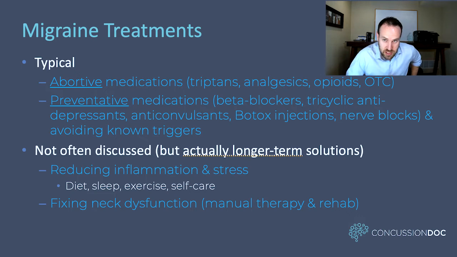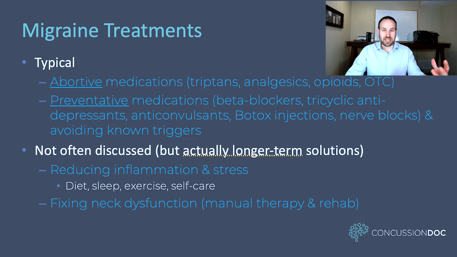What's not often discussed, and I've already alluded to this in the treatment of migraines, is things like reducing inflammation. Like I said, these can come on because of an inflammatory response. If your nervous system is more hyperactive when you're in an inflammatory state, things like refined sugars can make your nervous system more reactive, more hypersensitive, which then can trigger migraine easier. So reducing inflammation systemically by eating cleaner foods can really help a lot of patients.